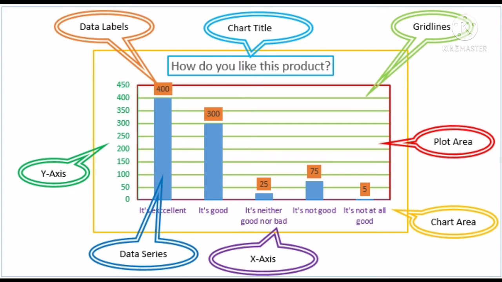Components of the chart. A chart is a graphical representation of data. Charts are used to identify trends or relationships that might not be apparent in the worksheet data. Axes: the horizontal and vertical lines that surround the plot are called axes. Most charts have two axes, the x-axis and the y-axis. The y-axis represents the vertical line, and the x-axis represents the horizontal line.